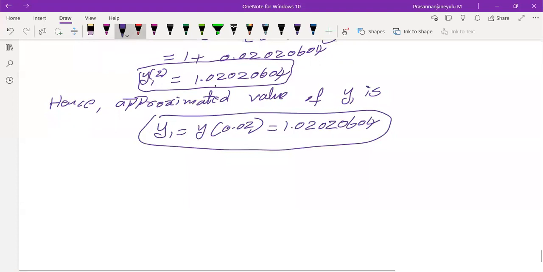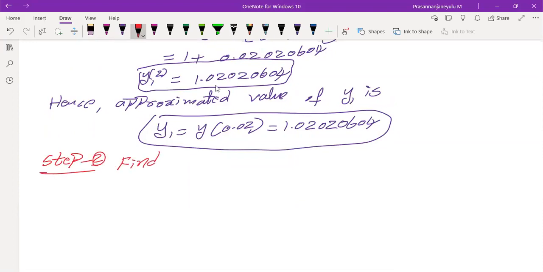What is our next procedure? Step 2. Till now we got only y1. Step 2 is finding y2. So do the same procedure for finding y2. I hope you know how much time it is taking. Okay, so with this